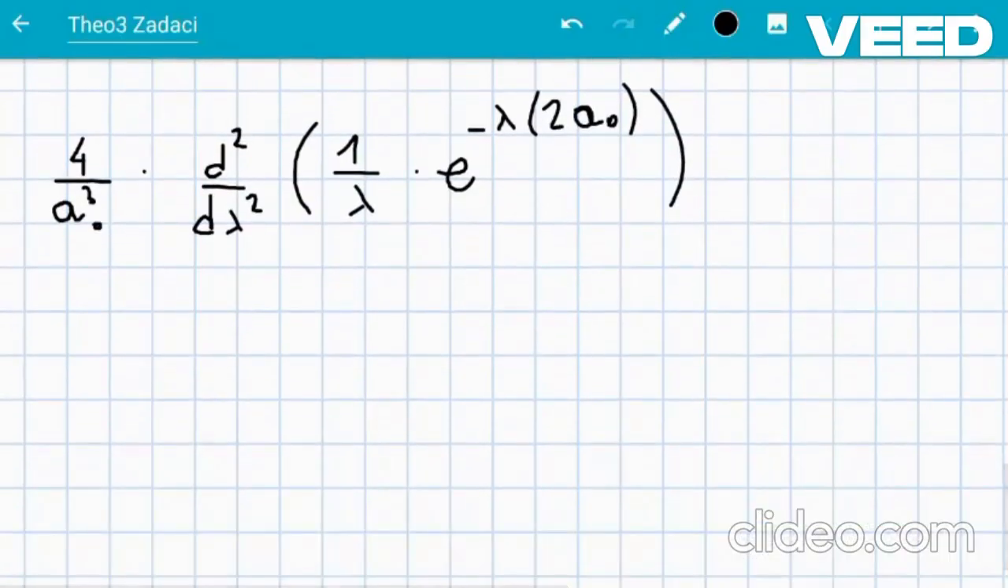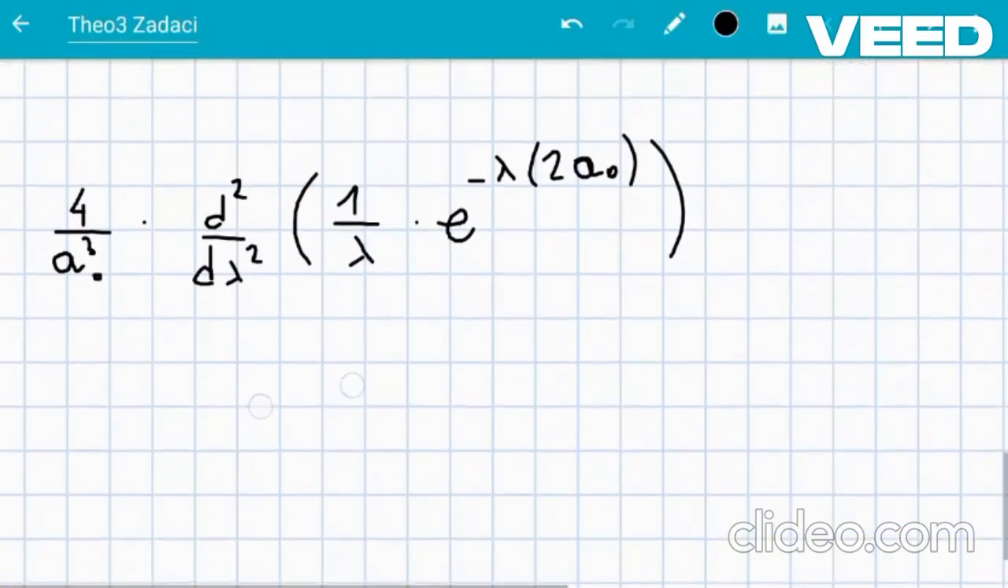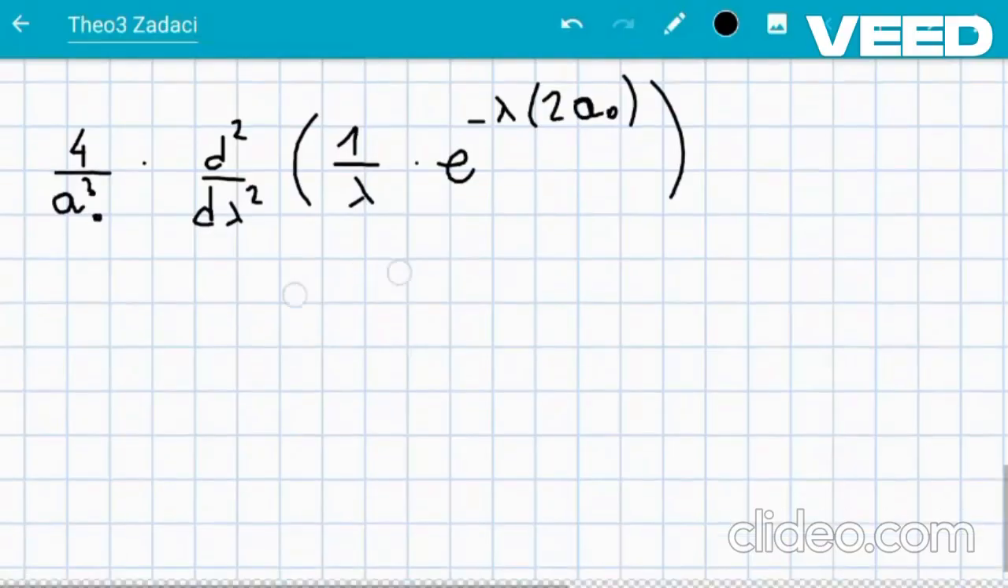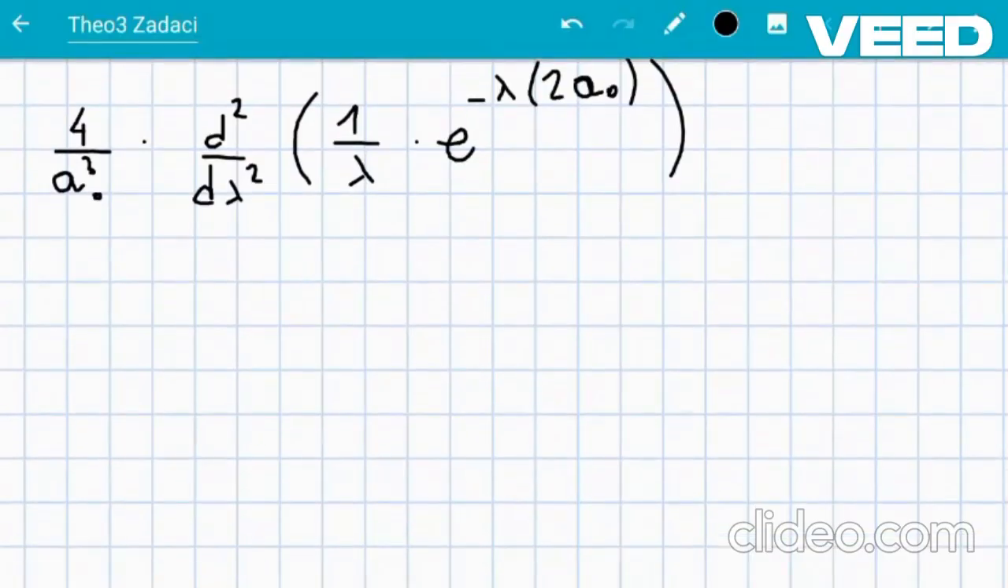So then we have to take the second derivative of this whole expression, which involves the product rule, but in my opinion it's not that complicated. We can just do it really quickly. And so let me just first take the first derivative of this expression, which is